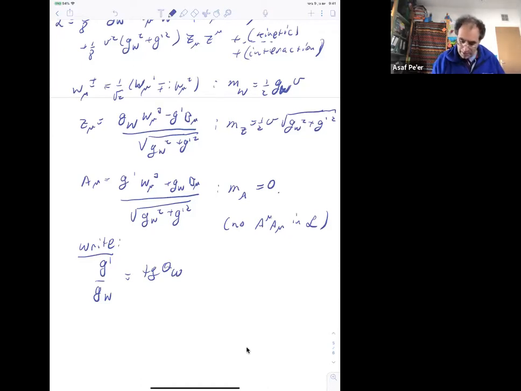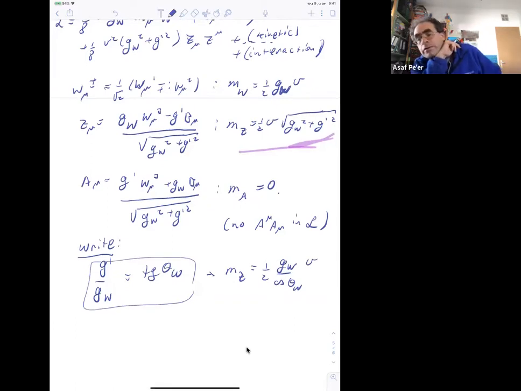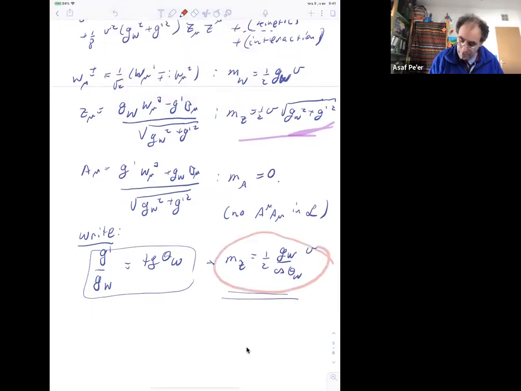All right, and if we plug it in here, then we end up that the mass of the Z is just 1/2 G weak over cosine theta weak times V. This is something which you can check with no time. But when we combine that result, when we combine this result with this result,